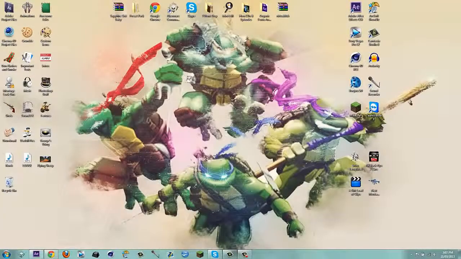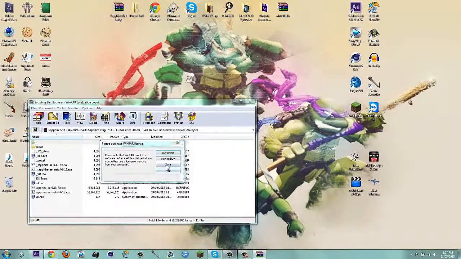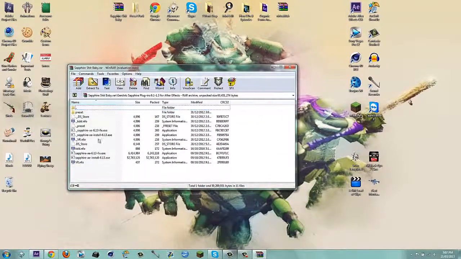So in the download link in the description, I'm going to have this .rar file, and in the folder, all it is is the installer and the fix. Don't worry about anything else. So run the installer and run the fix. I don't know why there's two copies. There shouldn't be when you download it. So run the installer first, run as administrator, and then run the fix afterwards, run as administrator,